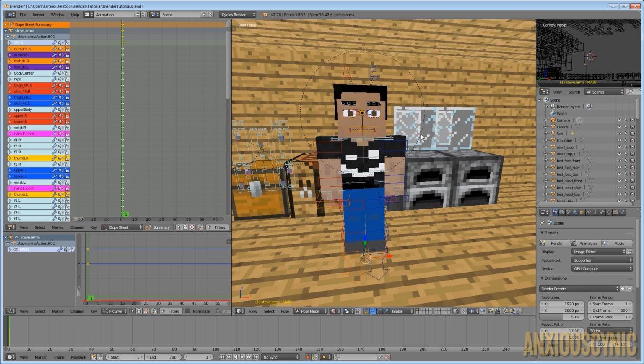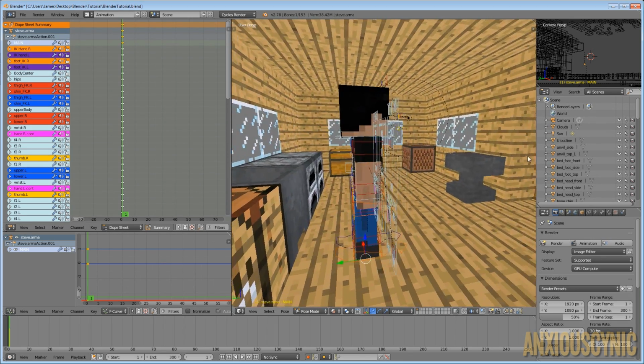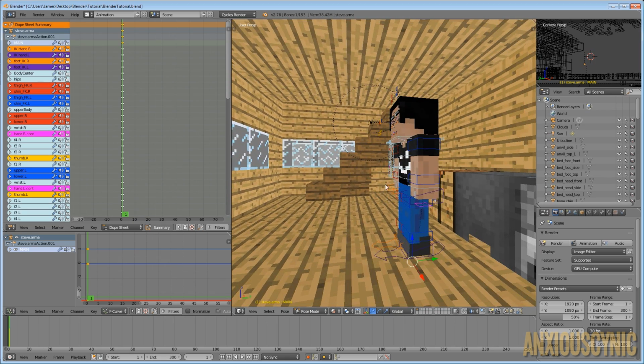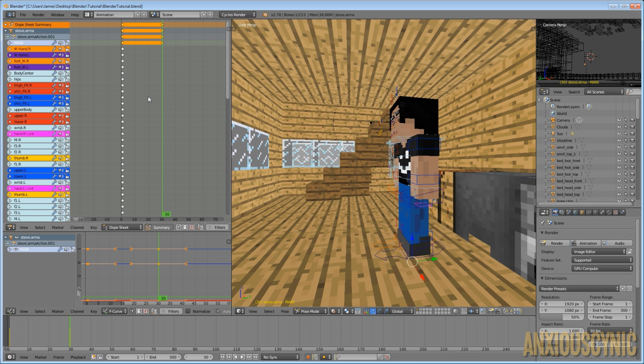Alright, so we've got Steve where we want him to be. He's just sitting here inside of his house, this glorious little house that I built, and we want him to basically just stand there maybe for a moment. We'll have him stand there for maybe a second. So I'm going to move our cursor over to frame 30 on our timeline, and I'm just going to go ahead and hit I to insert another keyframe for everything so that we don't have to, oh,